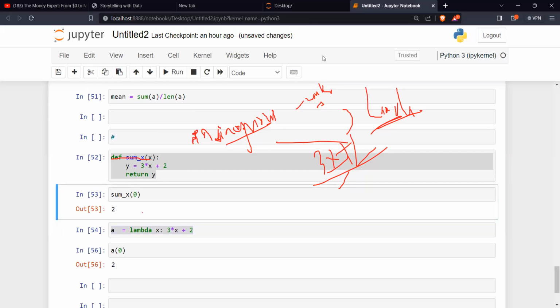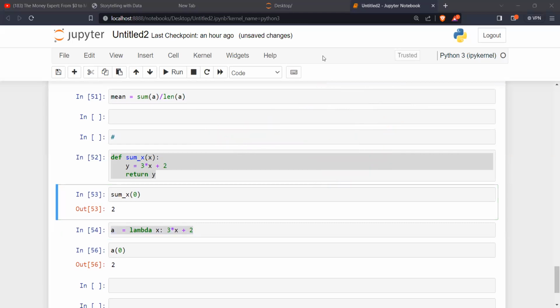Is this clear? Okay, let's assume, the first one we have done, y is equal to 3x plus 2. In this case, how many parameters did we have? One parameter.